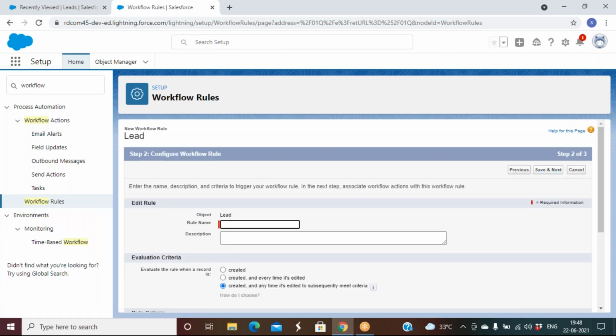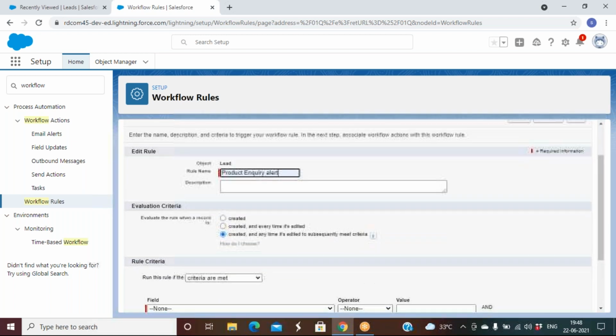So what is the rule name? You can write any name. I'll say product inquiry alert. Evaluate the rule when a record is created, created and edited, or meets criteria. Now I'll go with created.